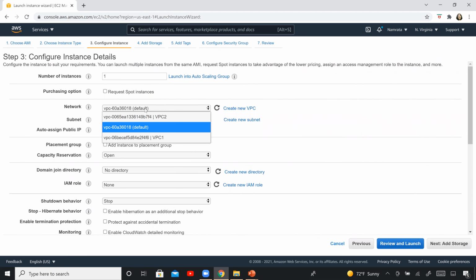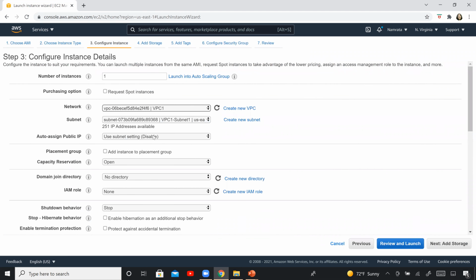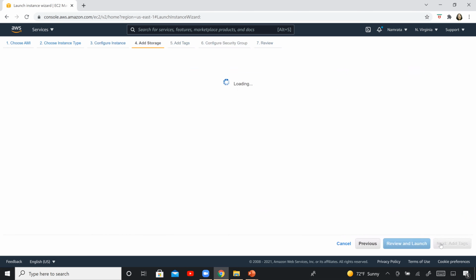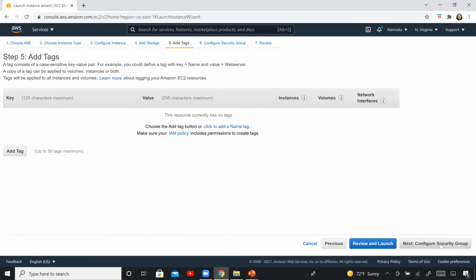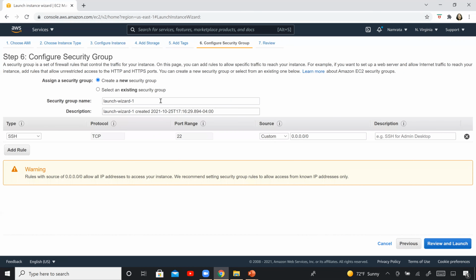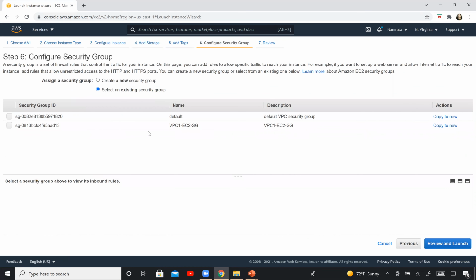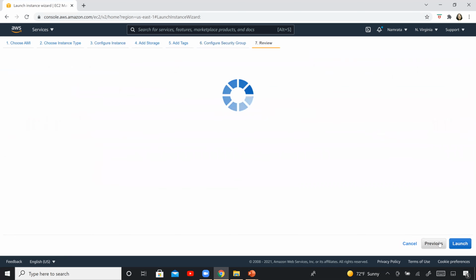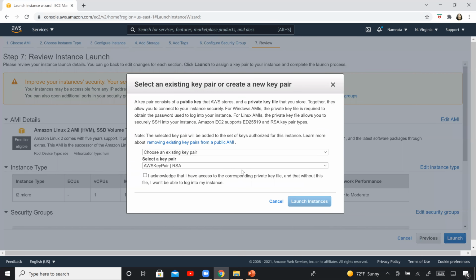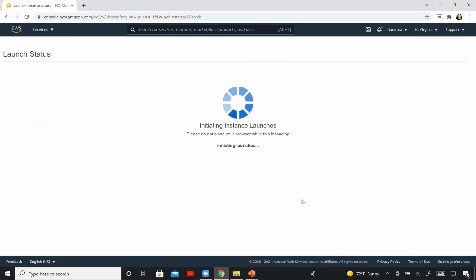Next. This is going to be in VPC1. And remember, the EC2 instance in VPC1 has public IP enabled. Next. Next. Security group, we need to use the security group that we created, that is VPC1 EC2SG. Review and launch. Launch. Select your key pair and launch instances.